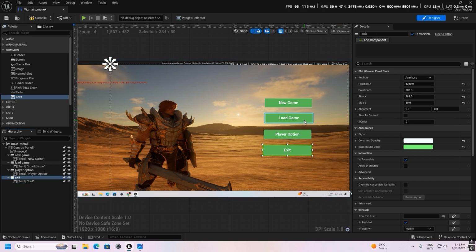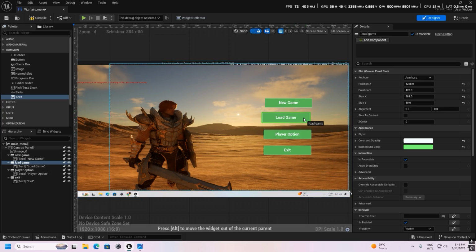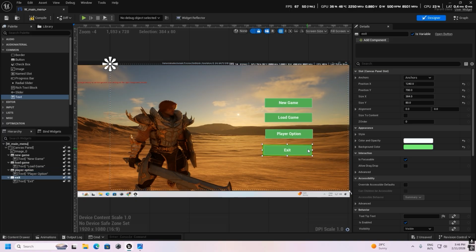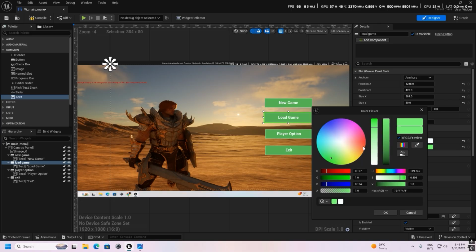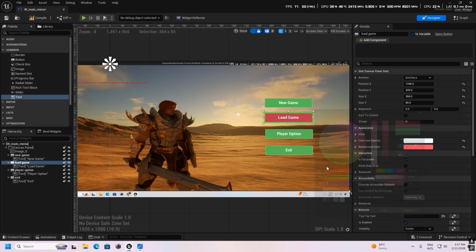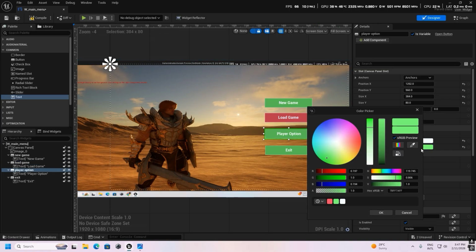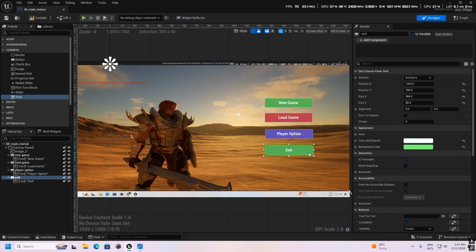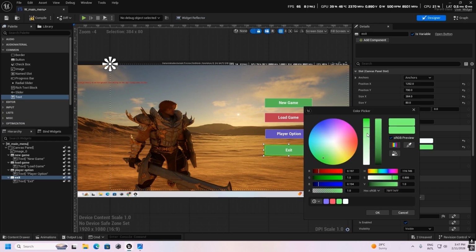Now just to change the color, because all the colors were the same here, make the buttons the same align and change this load game to red color, player option to color, and exit dark red. Okay,